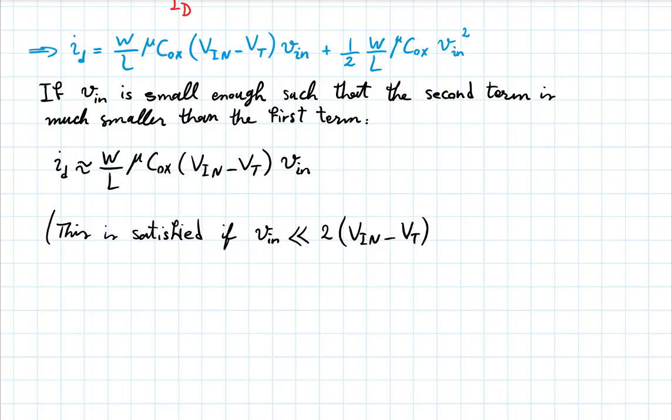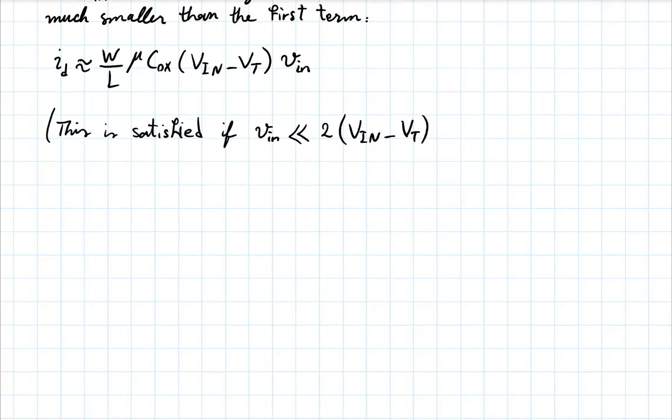If your small variations at the input are much less than 0.5 volt, so if you're talking about a signal of a few millivolts, then this is a very good approximation. Well, there you go. You have found something linear, right? In this case, you can say ID over V in is approximately